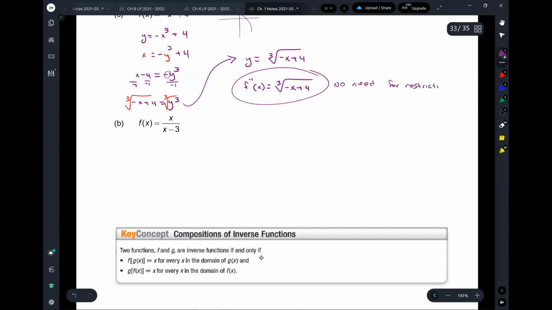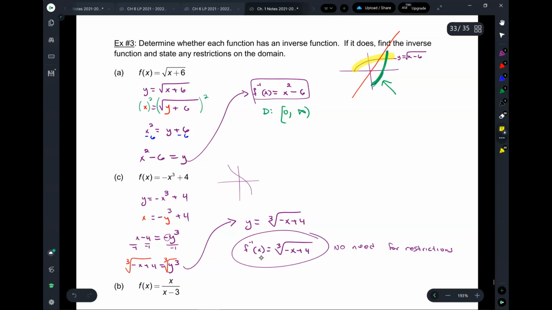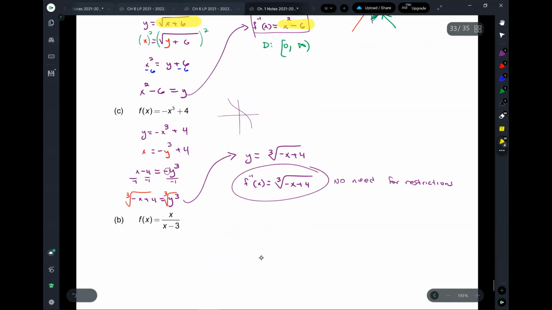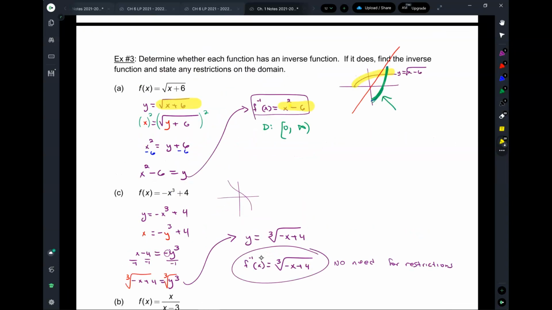Okay. So usually when you're going from a square root to a square, that's where the restrictions are going to come in. Okay? For the other ones, for example, for this one, because the domain and range were all real numbers, then there is no restriction that you need to worry about. The reason why we need to worry about it here is because the original function, the domain was not all reals. So our restriction will be like